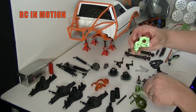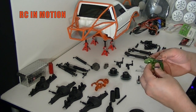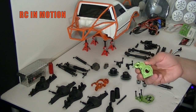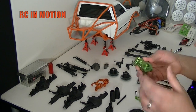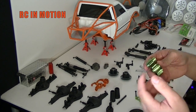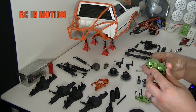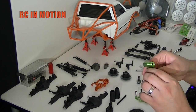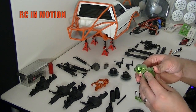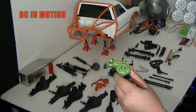The transmission, you can find this. I'm just gonna throw this out there. A lot of people like to go with name brands, like Vanquish, but they all do the same. They're just running gears and they're metal and they're creating heat, and all it is is a name brand. You can purchase two of these and it will match up to the price on Vanquish. Nothing against Vanquish, I like Vanquish parts, but the price on this is so cheap. It's dirt cheap. You could get this transmission for about 20, 30 bucks on